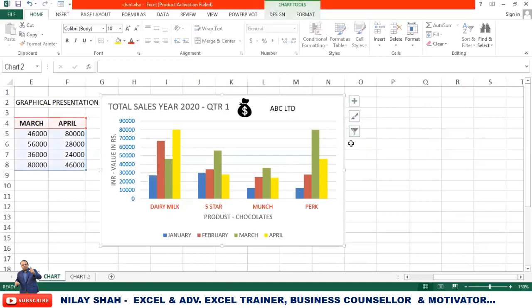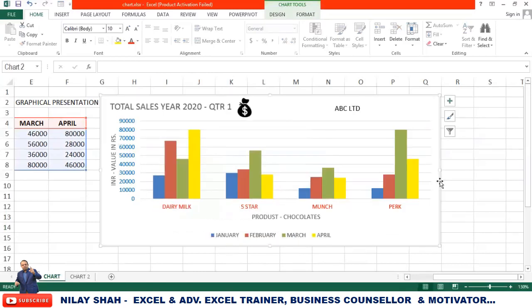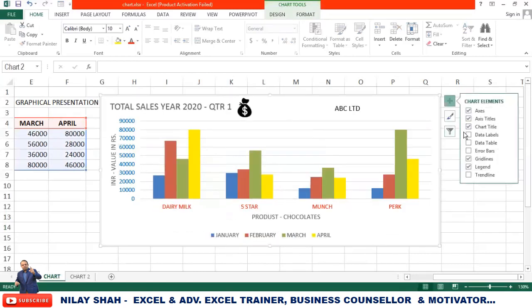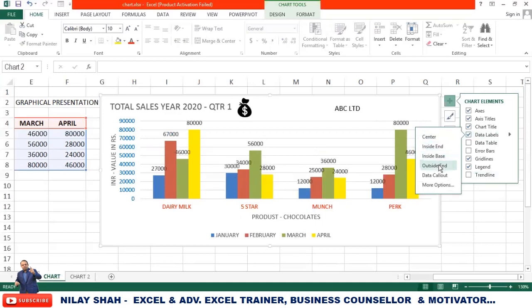So what to do? If I want to see the valuation, just click here and click on data labels. When you click on data labels, you can see your values at the top of your area. Now, someone thinks, I don't want the value at the top. So once again, click on data labels: inside end, inside base, outside end, and data callout. So these are the options from where you can make the changes according to your requirement. In general it is considered as outside end, so you can see your values on the outside.